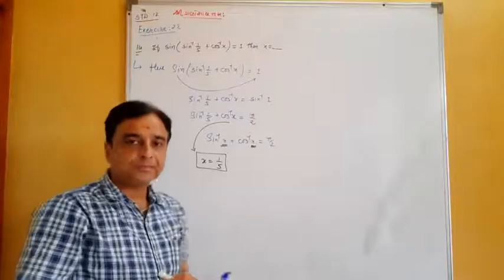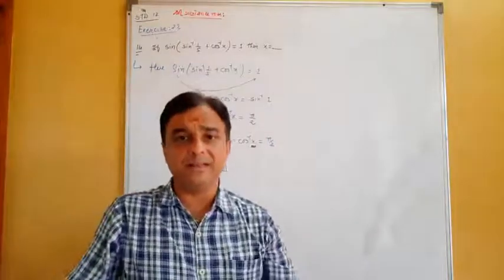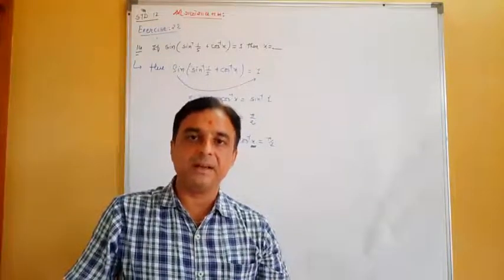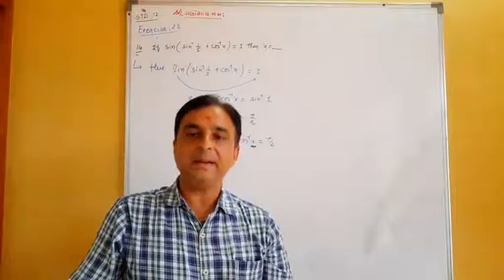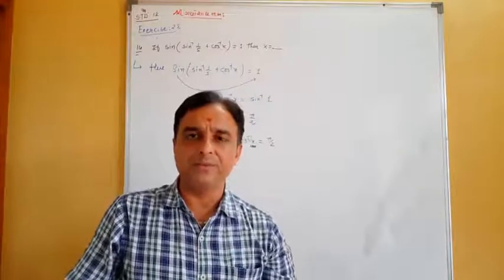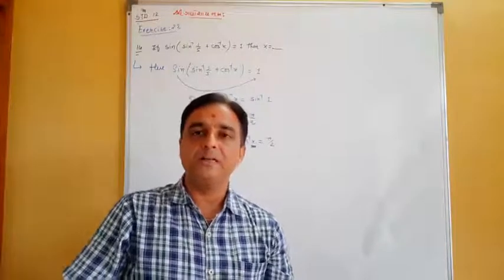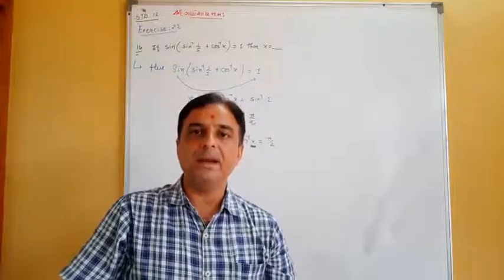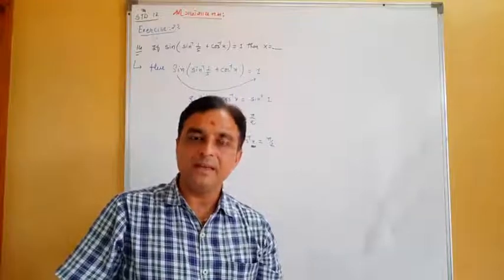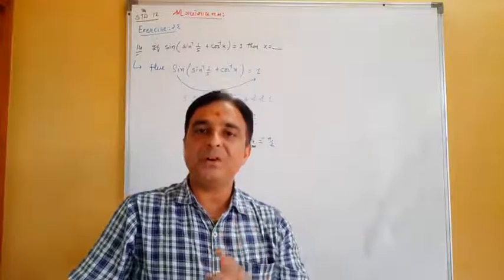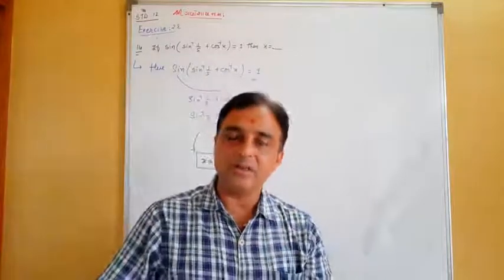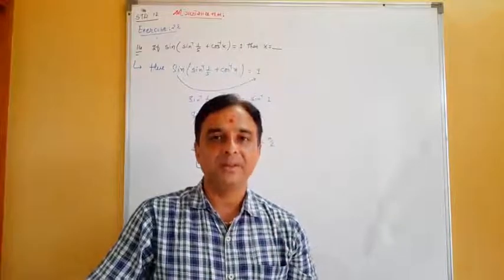Clear? Now the 15th question is somewhat lengthy, so we will discuss it in the next lecture. Now 16, 17, 18 and 19, 20, 21 are the MCQs. So just find the values like that. The trigonometric functions values we have to substitute and we can get the answer. Now all the remaining questions of exercise 2.2 you can do easily, and you have to complete miscellaneous exercise 2 question number 1 to 8. 9 onwards we will discuss in the next lecture. See you soon. Bye bye.